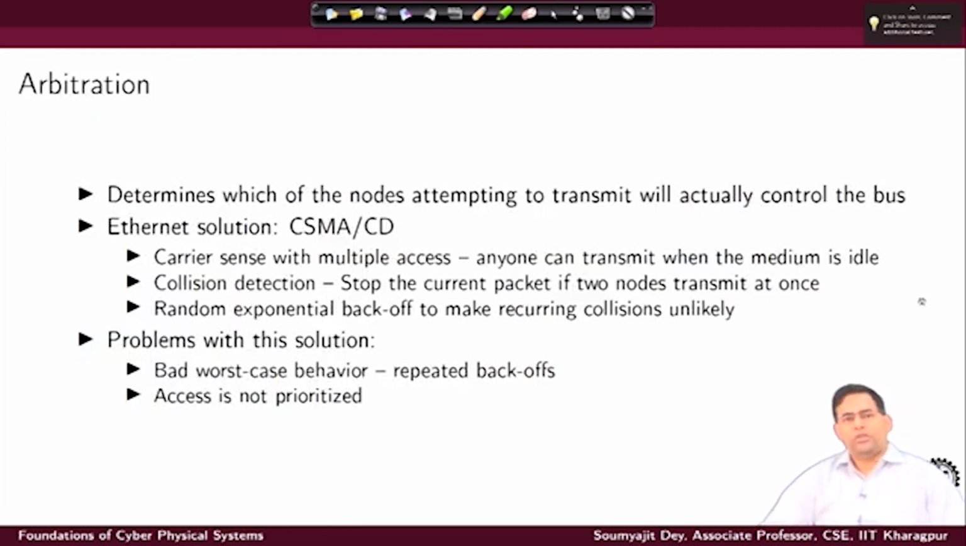Now we come to the issue we pointed out earlier. Like we said, CAN has a very nice arbitration scheme, right? This arbitration scheme will determine which of the nodes attempting to transmit together will actually control the bus. And like we said earlier, this is not so in CSMA/CD, carrier sense multiple access with collision detect